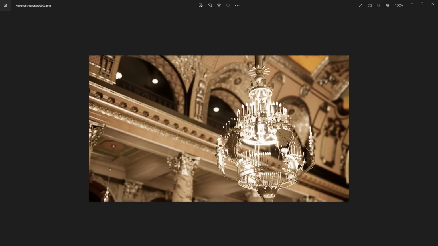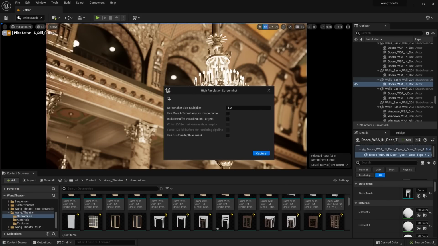So this is great, but I could probably improve some of the settings here. You'll see there's a little bit of noise, the resolution's a little bit small. I think I could really take this to the next level. So in order to have more control over those renderings, you can use the Movie Render Queue.